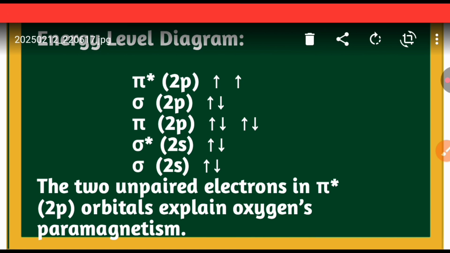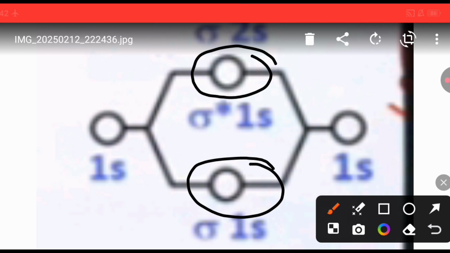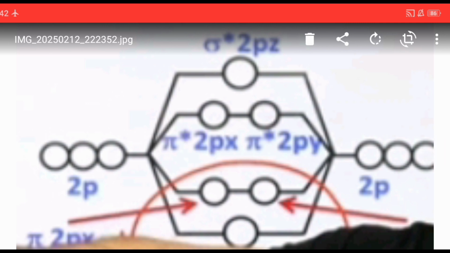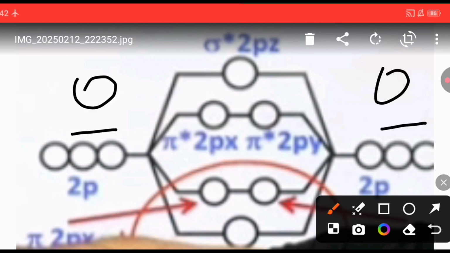paramagnetic or paramagnetism property. Here you can see that in this structure 1s and 1s, two atomic orbitals of the oxygen atoms, combine to form the two molecular orbitals, that is bonding molecular orbital and anti-bonding molecular orbital. Bonding molecular orbital is sigma 1s and anti-bonding molecular orbital is sigma star 1s. Similarly, when 2p atomic orbitals from two sides of the oxygen atoms participate in the formation of molecular orbitals,